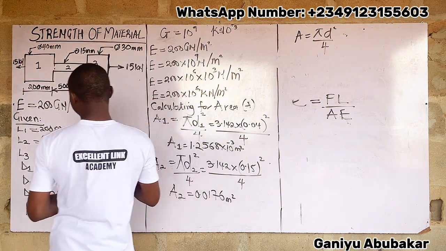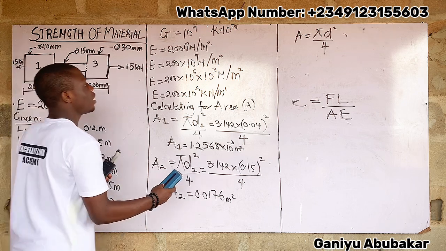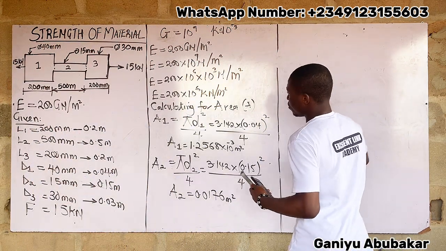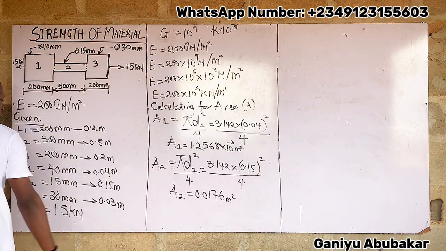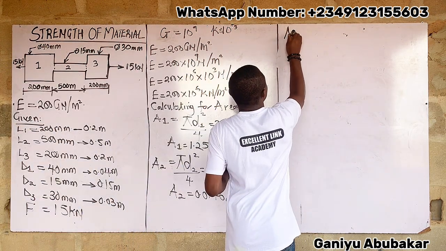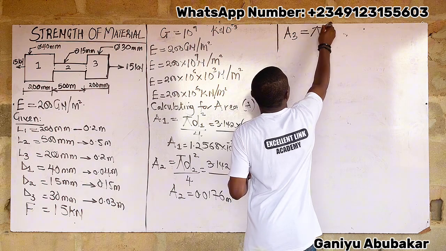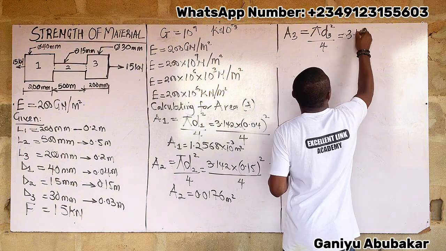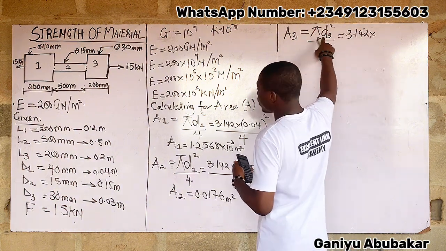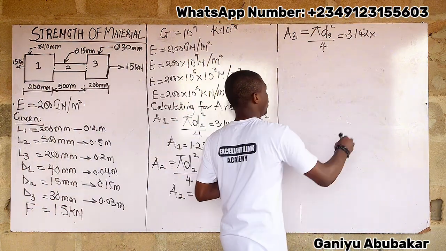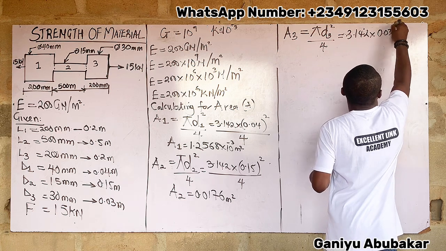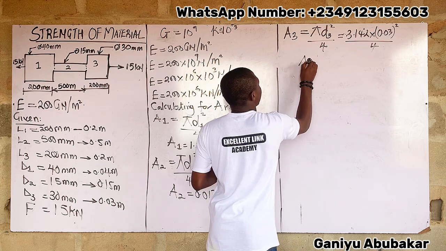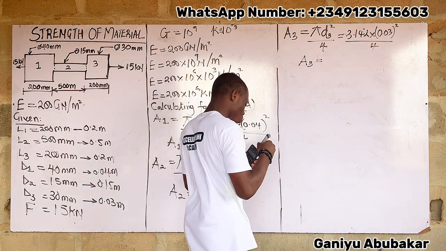Let's do area at section 3, please. Area at section 3 is equal to pi d3 squared all over 4. That becomes 3.142 times diameter at section 3, which is 0.03. So I have 0.03 all squared all over 4. So therefore, area at section 3 now will be equal to, multiply this through,